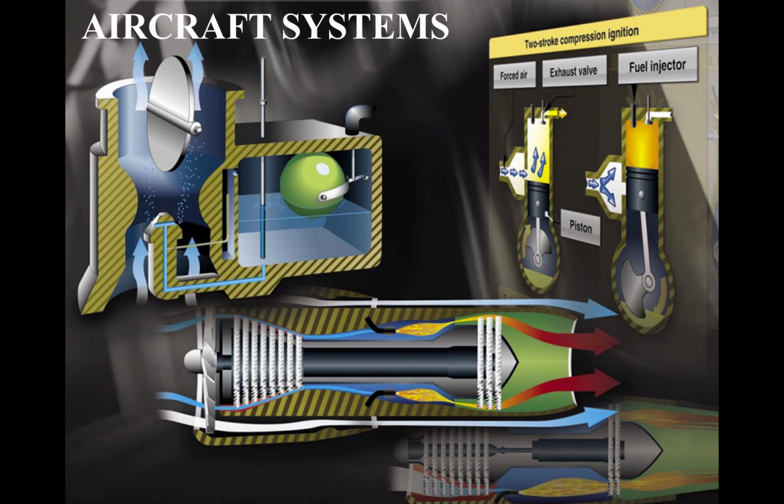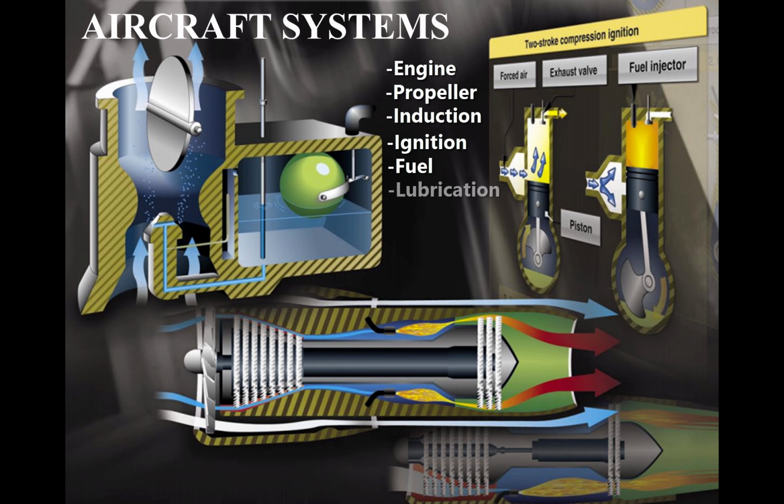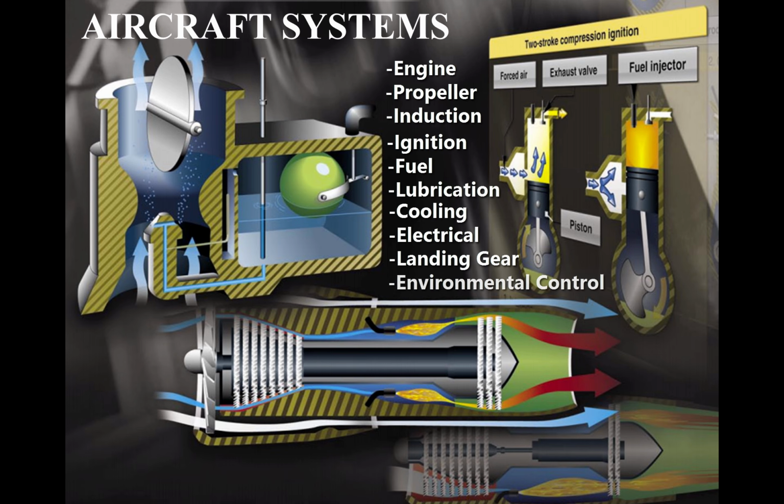Tutorial 6, Aircraft Systems. This lesson will cover aircraft systems. These include the engine, propeller, induction, ignition, as well as the fuel, lubrication, cooling, electrical, landing gear, and environmental control